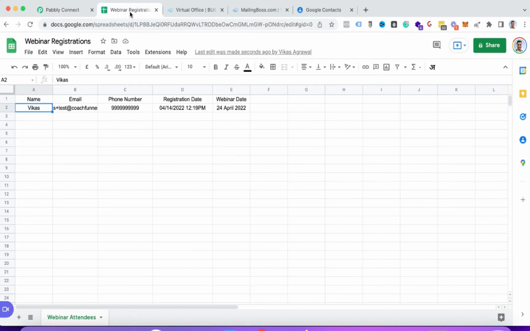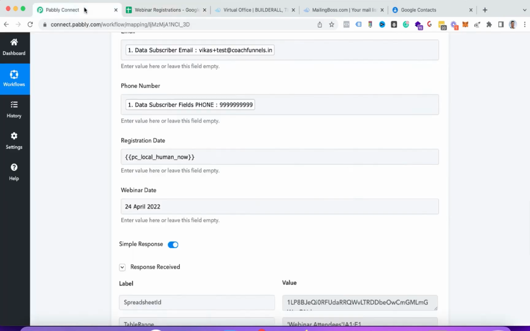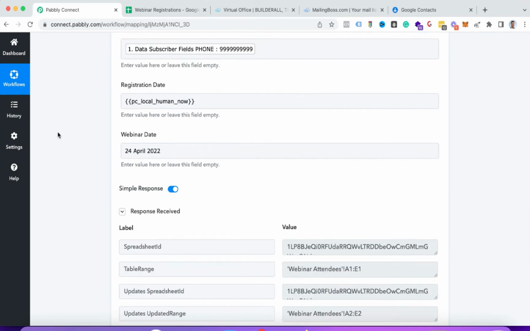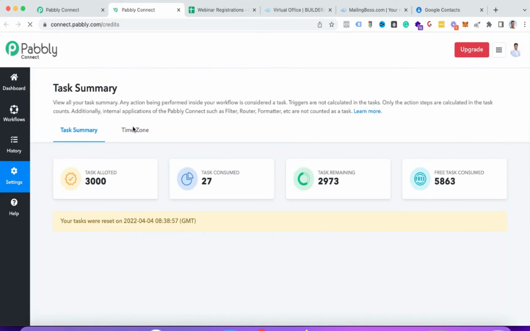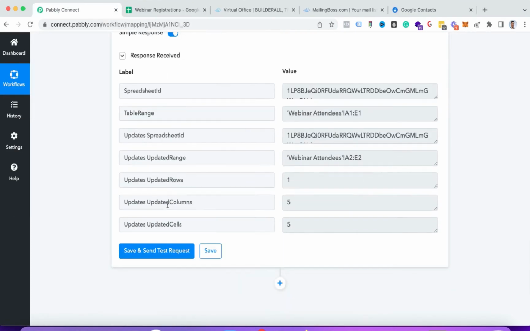Now if you see here, the details are populated here in the sheet, and by using the short code you can see the date have come here in IST because my account is set up in IST. In case you want to change the time zone, you can go to settings and change your account's time zone. So my time zone is set to IST. In the time zone section, you can change it to whatever time zone you want. Now coming back to the third step,